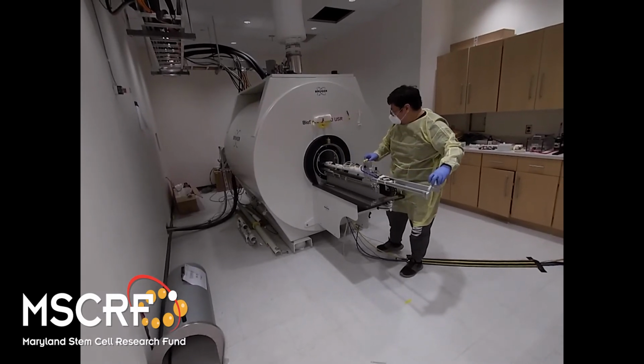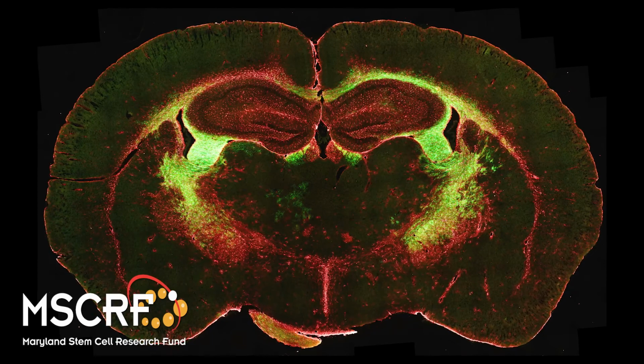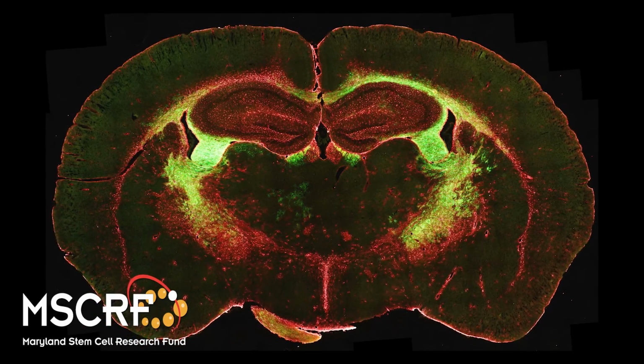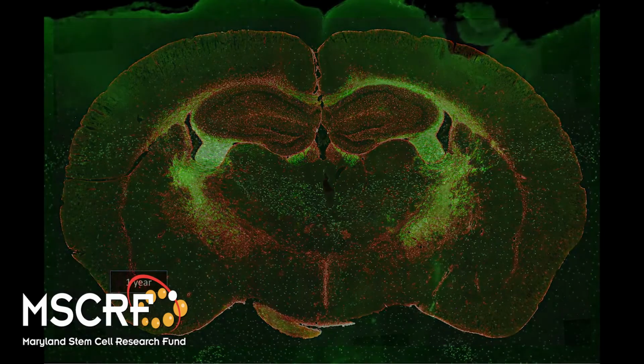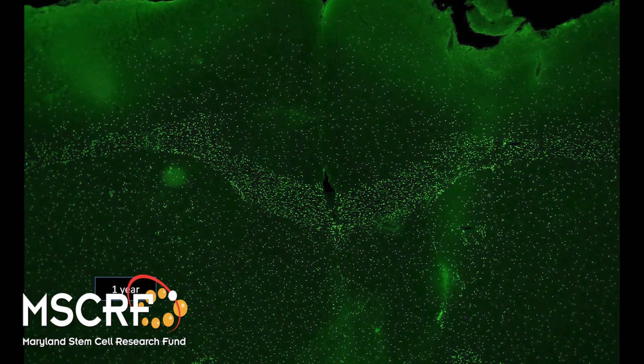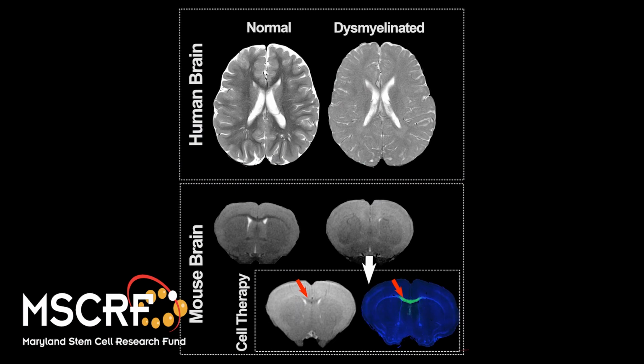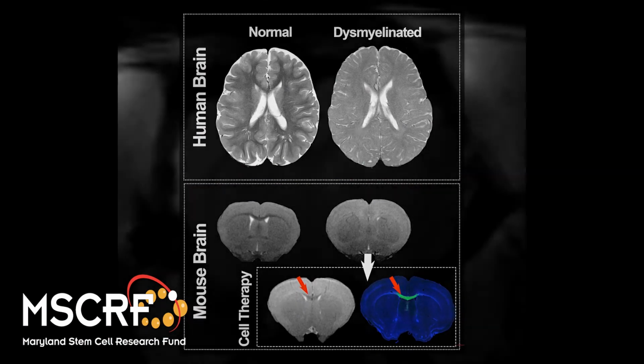The second of these remaining challenges is that our successful therapy was with direct transplantation into a newborn mouse brain, which is very small. The human brain is 1,000 times larger, and for the cells to reach this large volume, more effective cell delivery technique is needed. We do this by performing image-guided intra-arterial administration to rapidly deliver the cells to every brain region where the cells are needed. And with MRI, we can verify in real time that the cells reach their targets in the